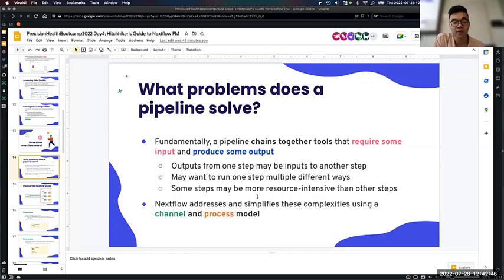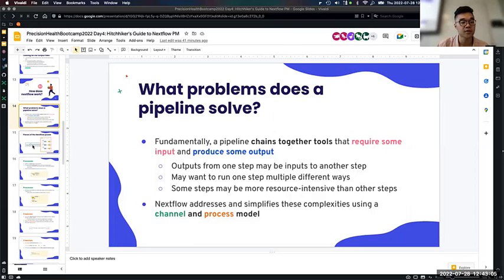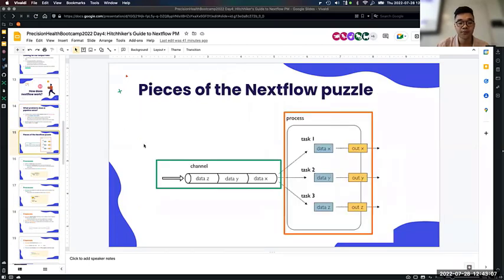But then for other smaller things, I don't think aggregating a bunch of MultiQC reports is going to be very resource intensive. So that might be a single core job, right? So those are things that you can very easily specify once in a workflow, and then you're not playing around at the command line with the various tools. Okay, oh yeah, so